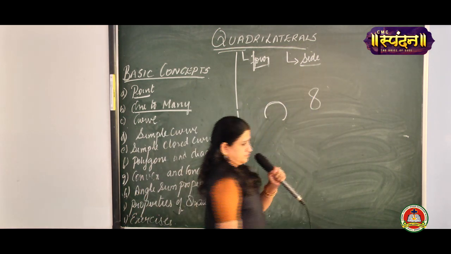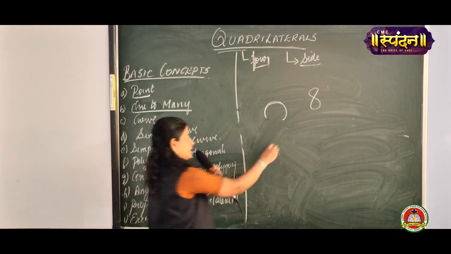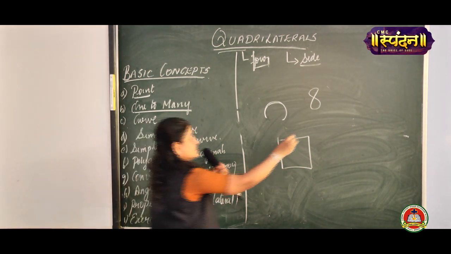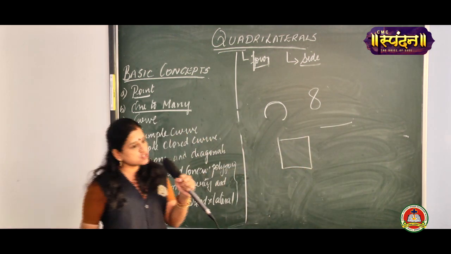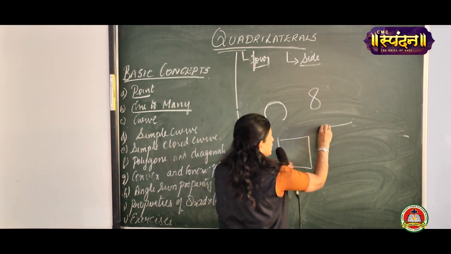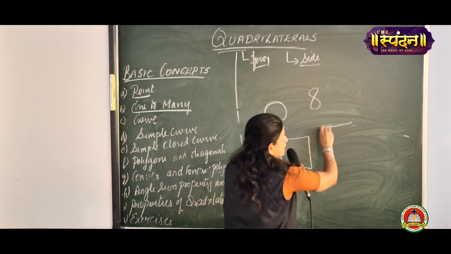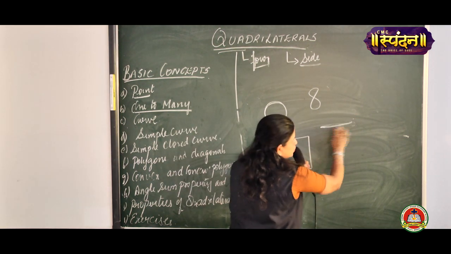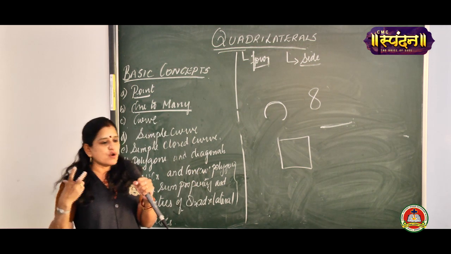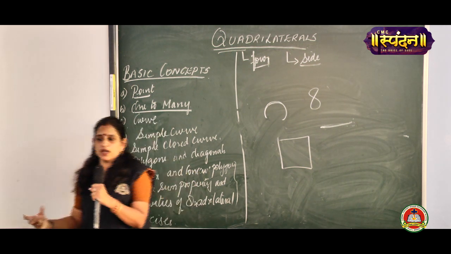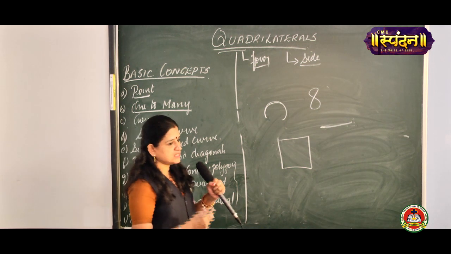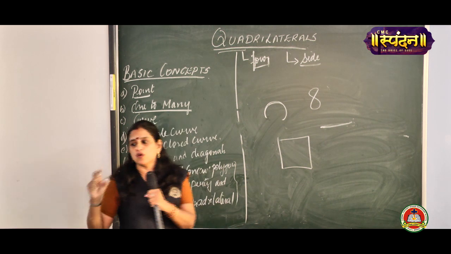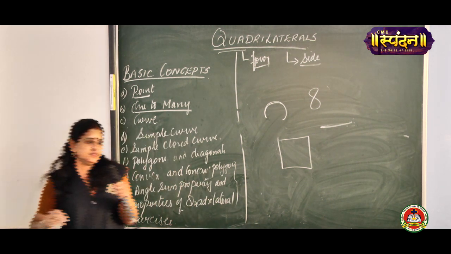Is this a curve? Yes, this is also a curve. Is this a curve? Yes, this is also a curve. Is this a curve? Yes, this line segment is also a curve, because it is made up of different points over here. Again we are not lifting the pencil, we are lifting the pencil only at this point. So this is also a curve. So whatever figure you are drawing on the plane surface without lifting the pencil, that much portion you call a curve. Understood, all of you?